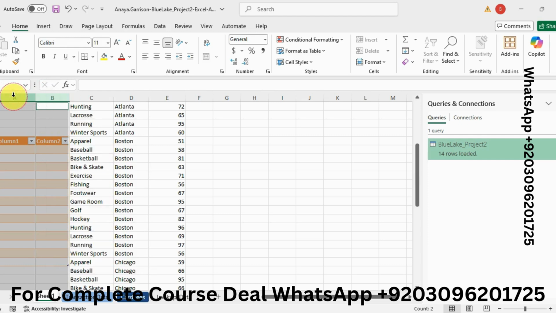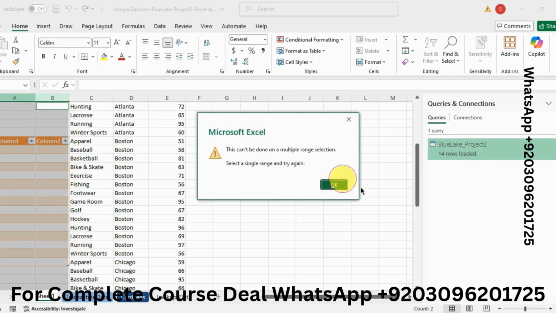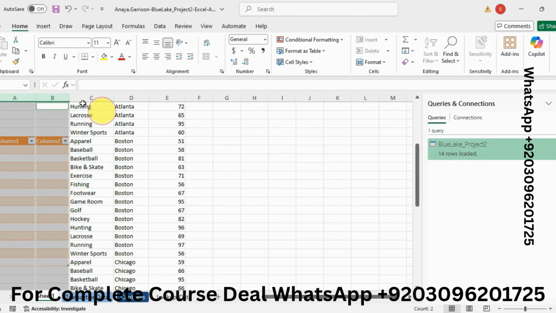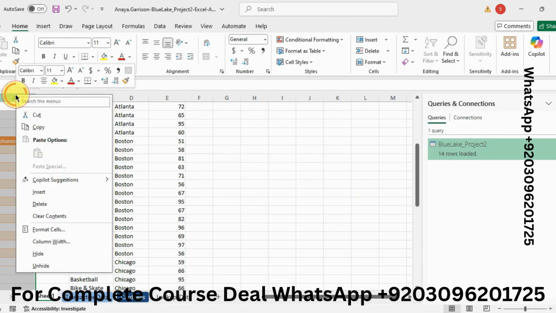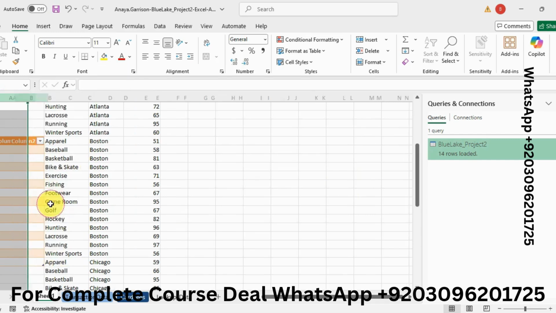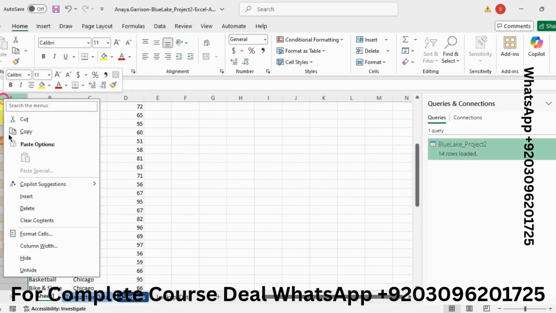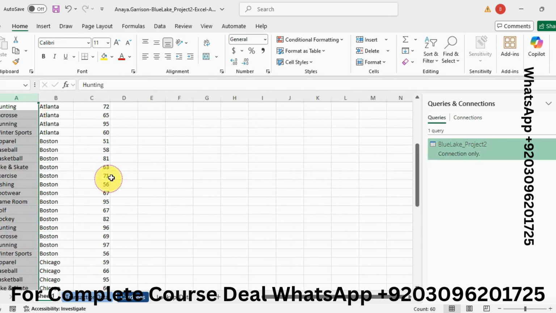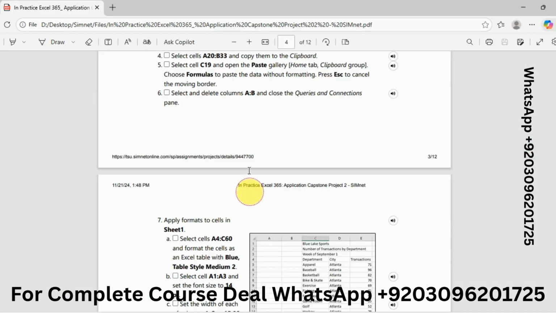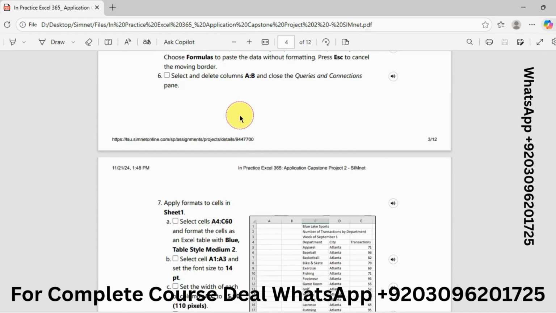I have deleted them, but they did not delete at first. Why? Let me see it here. So right click on it and click on Delete. Now I have deleted these 2 columns. So I have completed 6 steps successfully.